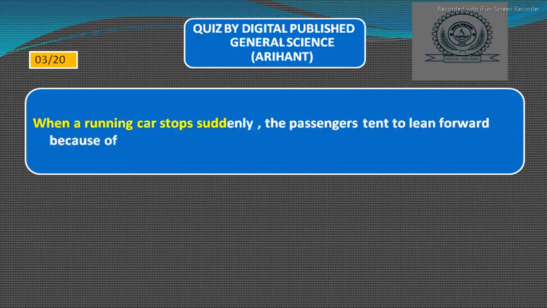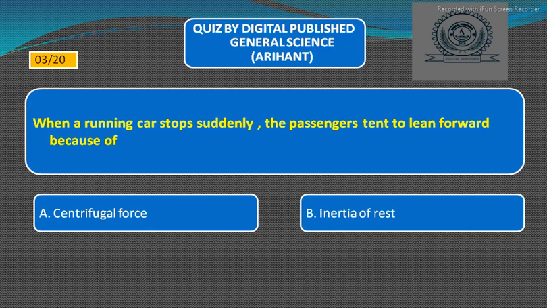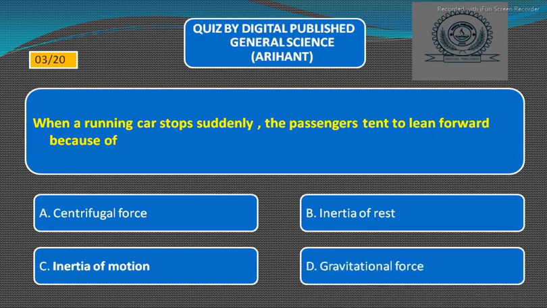When a running car stops suddenly, the passengers tend to lean forward because of: option A, centrifugal force; option B, inertia of rest; option C, inertia of motion; option D, gravitational force. तो राइट आंसर হবে অপশন C, inertia of motion. Next,